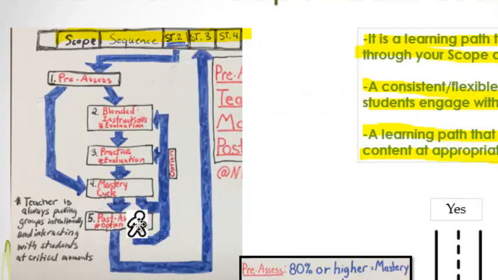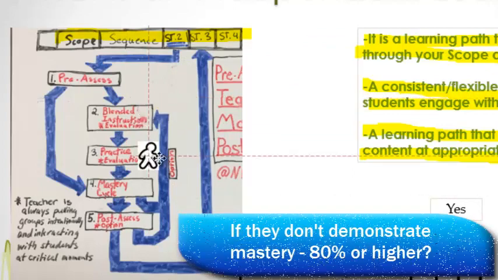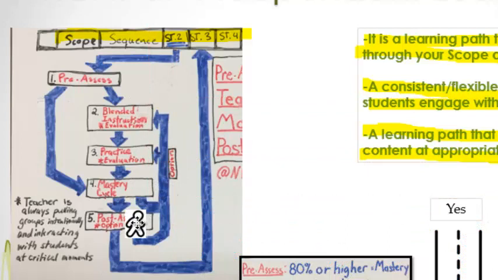If they get to the post-assessment in the first example, where we said they move through the blended learning content, the practice sessions, and the mastery cycle, and then they don't pass the post-assessment, you can push them back down here to blended content or to practice or even back into the mastery cycle. Or you're just going to be meeting with them quickly and then give them the post-assessment again, where it can continue to move them. So you can see in this virtual world that I just showed you with this little guy right here,